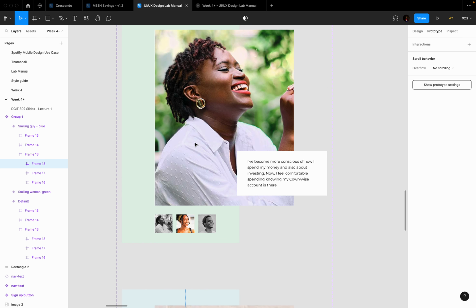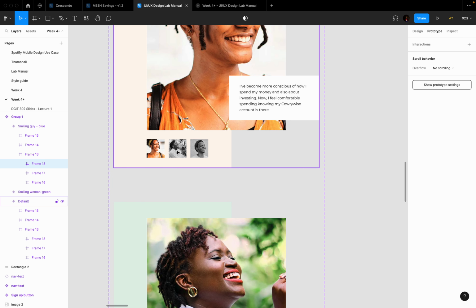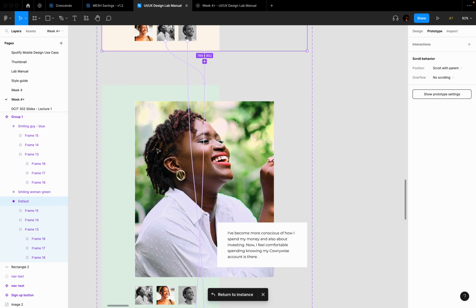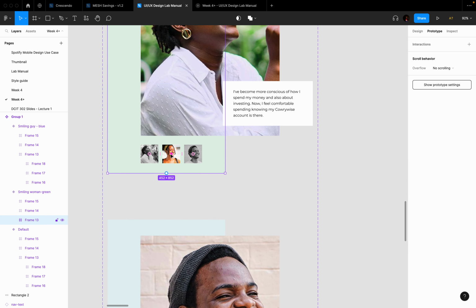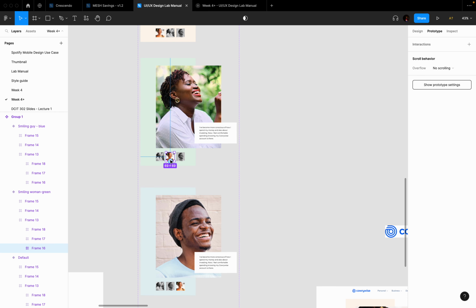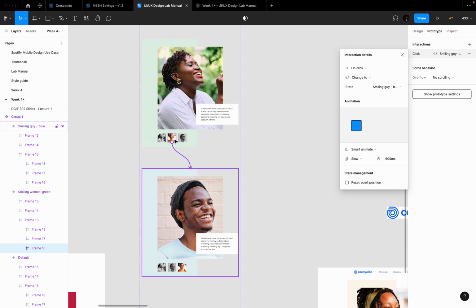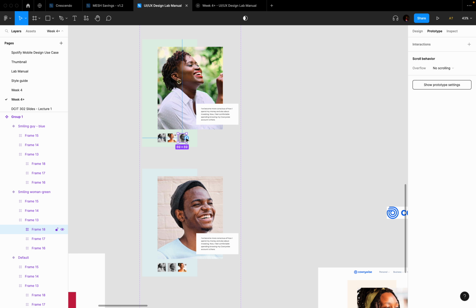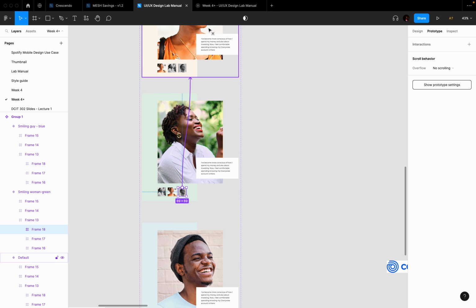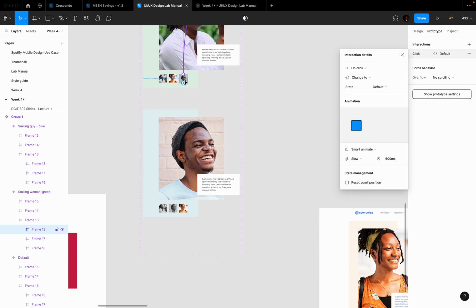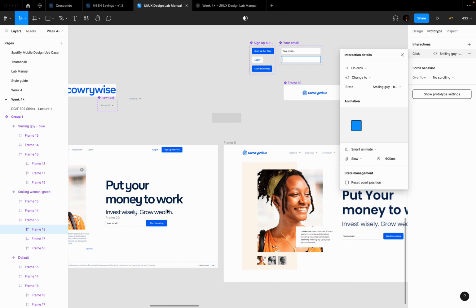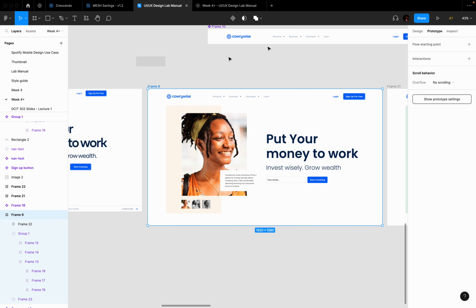So the reason why I'm having trouble connecting them is because I just remember in the previous class I didn't replace this woman's image with the others. So let me just do that shortly. So smiling woman, let me just connect the dots. Okay, so we have something to interact with. Lead me here. In fact, lead me here. And yeah, so we preview our design